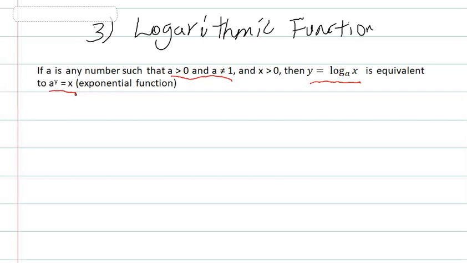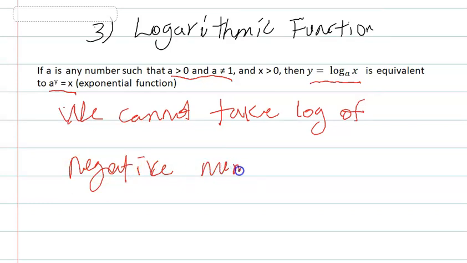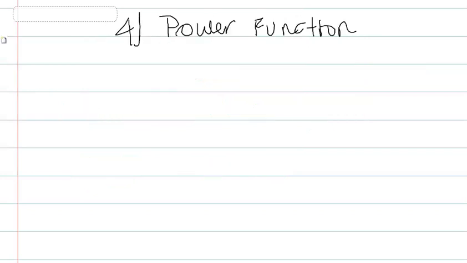And then as a rule ሌላ rule የሚኖረን እዚህ ላይ we cannot take a log of a negative number. ስለዚህ ኔጌቲቭ ኤክስ አይኖረንም ማለት ነው። ሁሌም ኔጌቲቭ ቫልዩ ኦፍ ኤክስ አይኖረንም። ኦኬ ይሄ የሚቀጥለው ፓወር ፈንክሽን ነው።